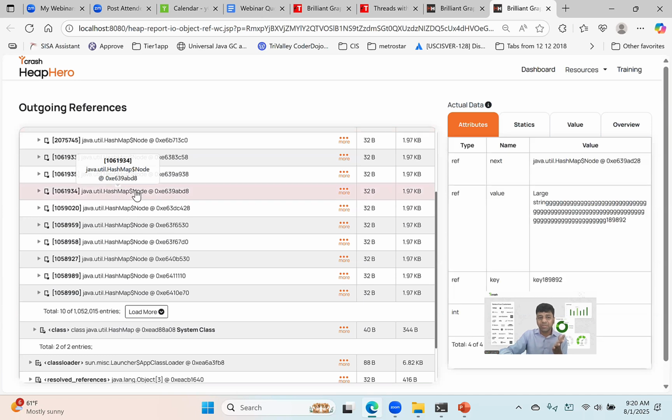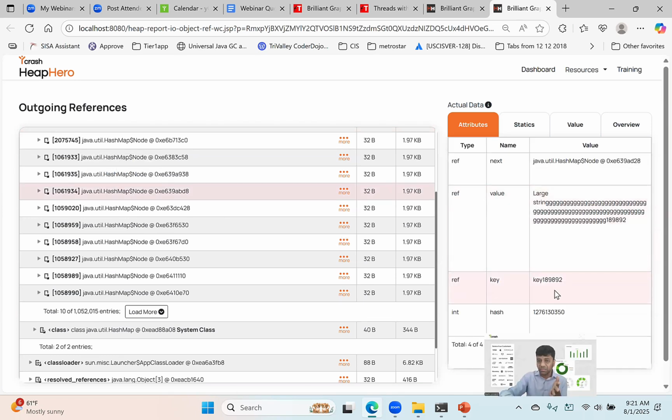What is the content that is present? If I click here, then you can see the raw data. What is the raw data that is present here? Here's the key and it's a large string. I get to see these values, right? Okay, so now what I've identified, I find the largest object and what are its children, which is a very good information. But now my next step is,